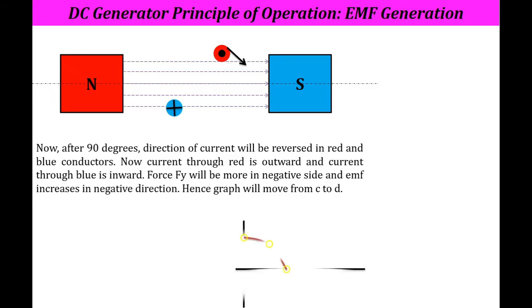So how does the graph look? Initially, when theta equals 0, it is point A; theta equals 45, point B; theta equals 90, point C. Now here you will observe that the angle made by this force with respect to the flux axis will be more than 90 degrees, let's say 135 degrees. So you will get another point, D, and you will get this graph. So this is the graph from A, B, C and D.